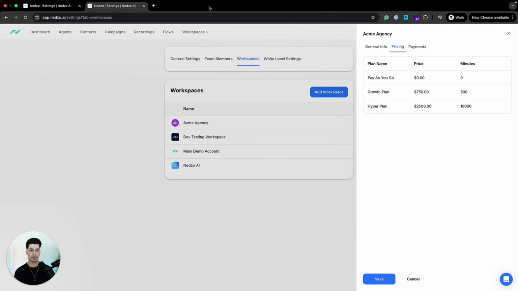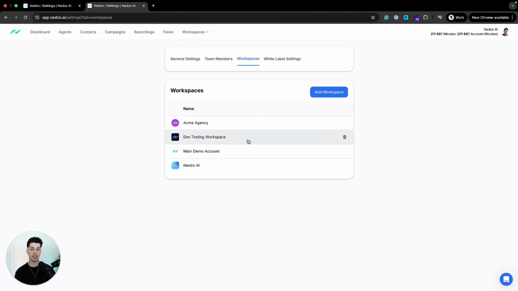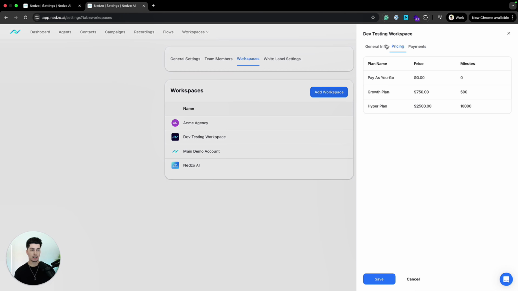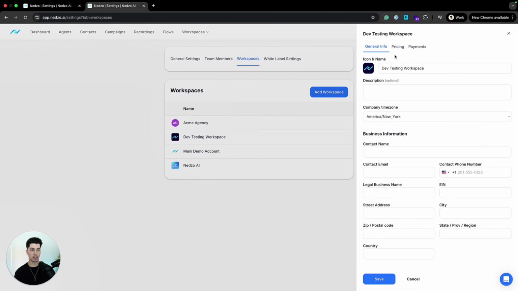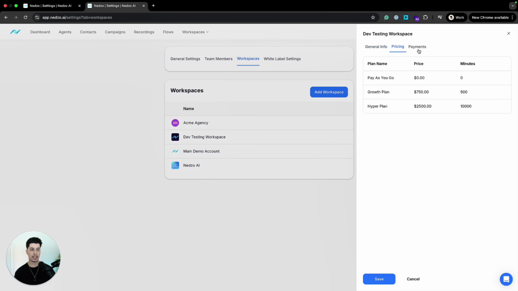So let me go here. If a plan is assigned to the specific workspace, you'll see here a green check mark. And all your customers have to do is log into their account. And then the first thing they will see is to select the plan. I will show you that in a second. But essentially, you have general info, all the information about that workspace, pricing, and then if you click payments, this